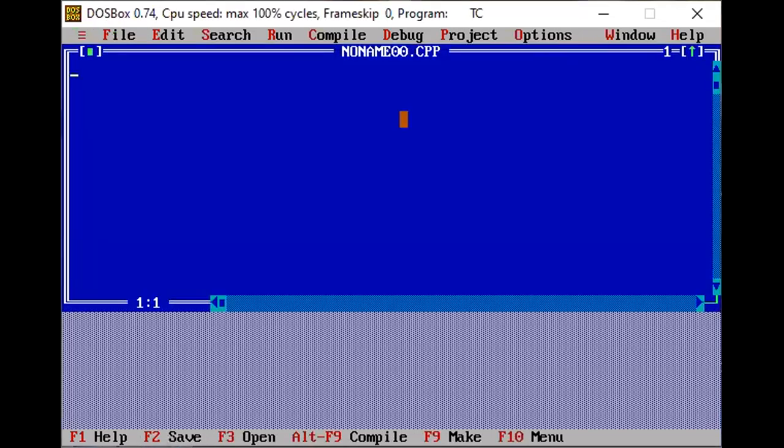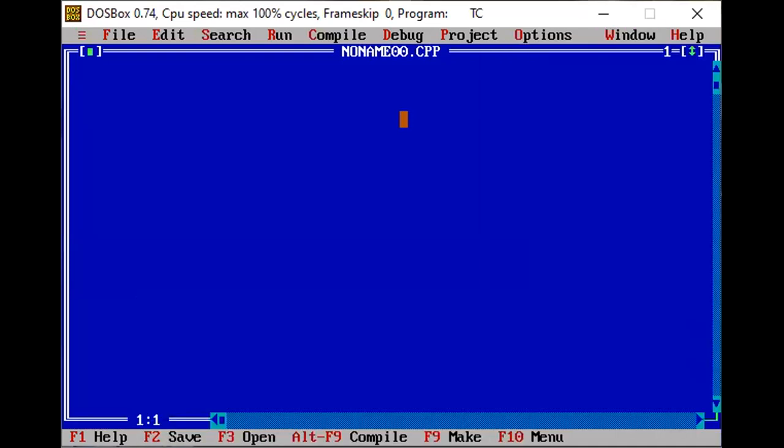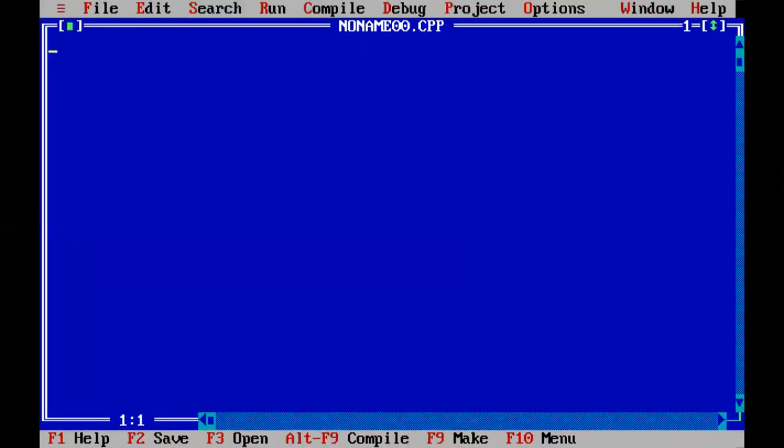Okay, is the Turbo C editor visible for all of you? Just start and tell. Okay, fine.